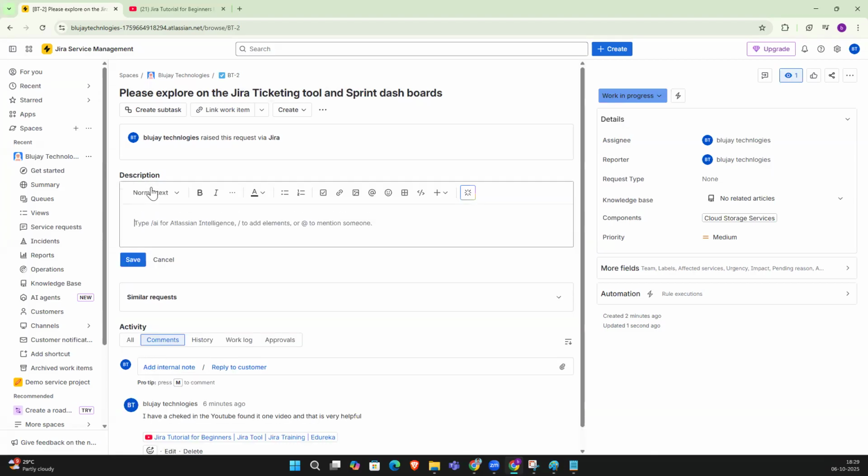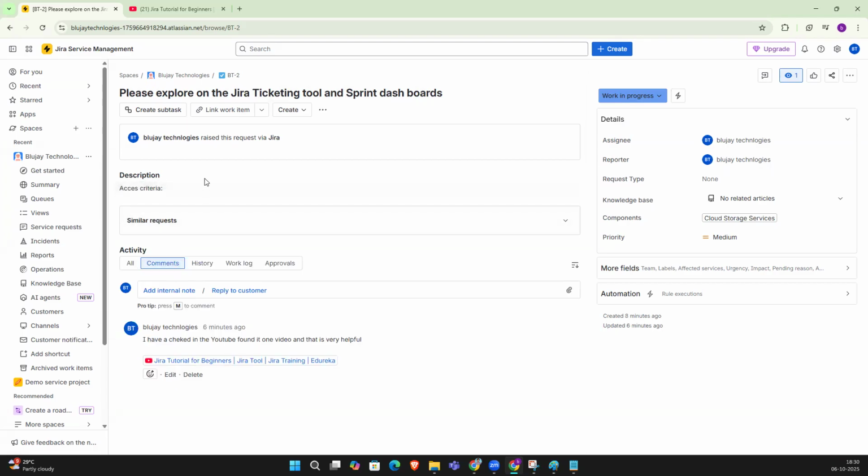Here you need to add the description; in the description we can give all the details. Then the assignee, whom to assign, the status, and priority, low priority or medium priority.